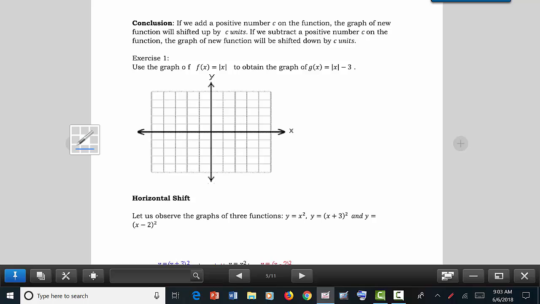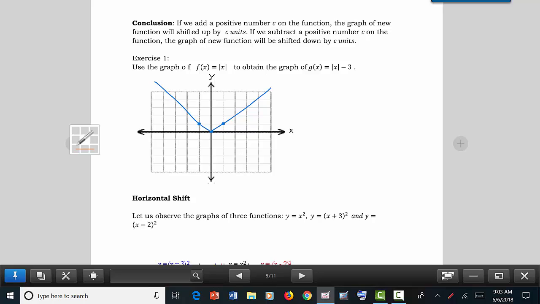Now let me go over exercise number 1. It is telling us to use the graph of the absolute value of x. If x equals 0, we will get output also 0. If the input is 1, we will get output 1. So this is the point we will hit. If the input is negative 1, we still get output 1. So these 3 points give some kind of information about the graph. Now the question is,